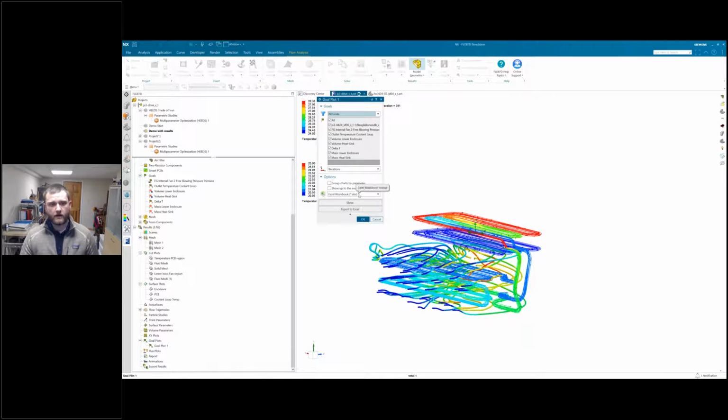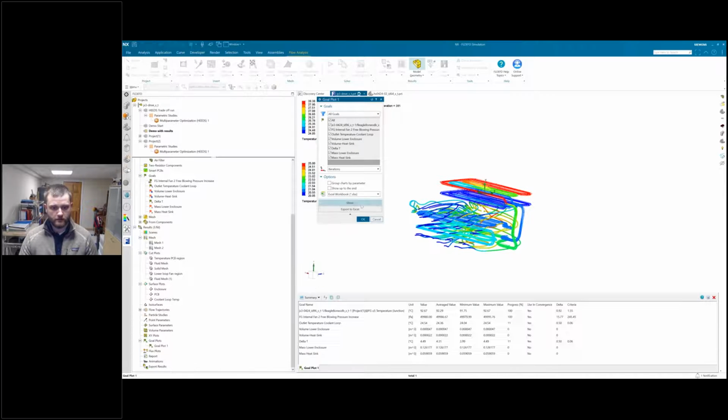Because we wanted to make sure that these goals were hitting steady state points, we can just go ahead and show those real quick. We can view a summary of those first. We can look at the delta T, and these are all based on the goals that we previously defined. We can say, was this goal used in convergence? What was the change? What was the criteria needed to meet convergence? We can see all that data.